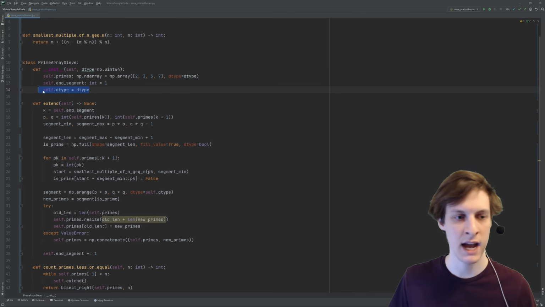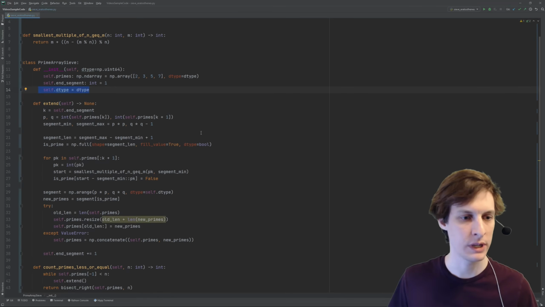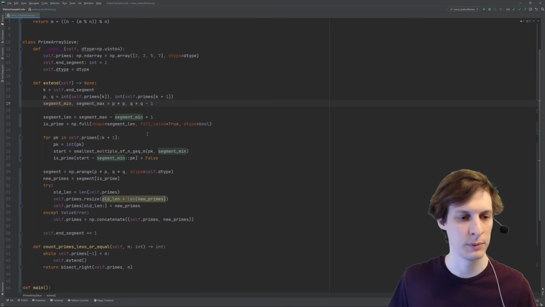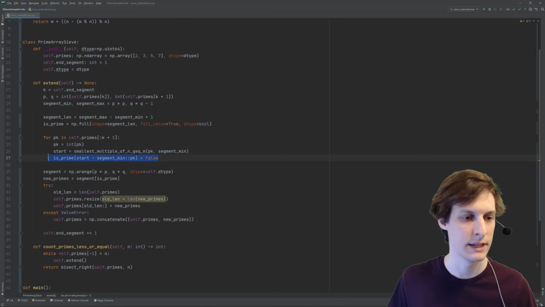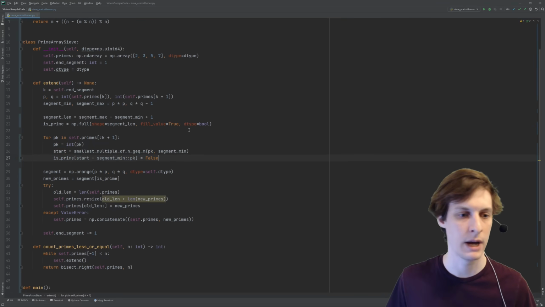So here are the changes. I've added a data type. Of course, now we might need to worry about overflow, but I don't think we're going to overflow anything just with the first 50 million primes. Most of the bookkeeping stuff is still the same. Everything pretty much had a one-for-one replacement from pure Python to NumPy. That's pretty convenient. I like that NumPy has this kind of slice assignment where I can just say assign everything to false. That's much easier than what I had to do on the Python side.